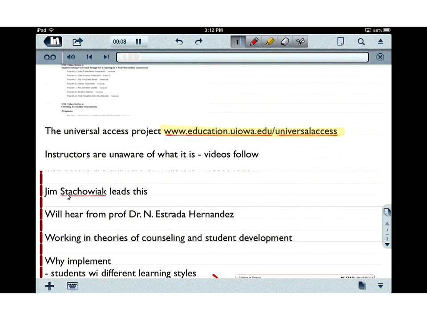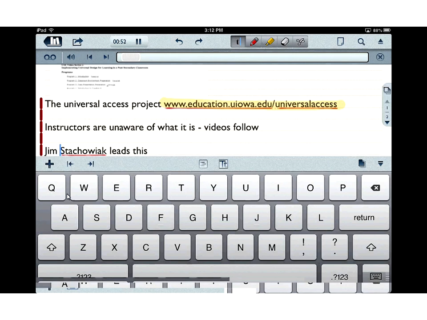When we start, along the way, we're also going to hear from a professor and from students as to their thoughts and feelings about. And I can continue to do that,